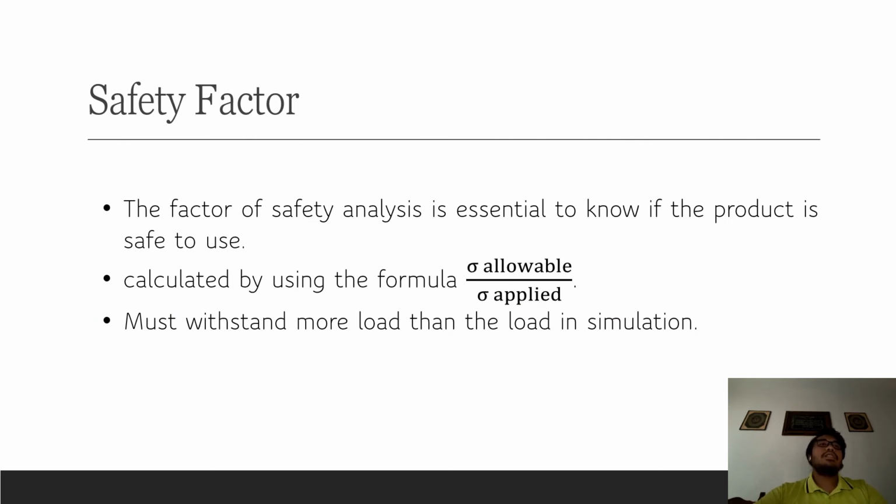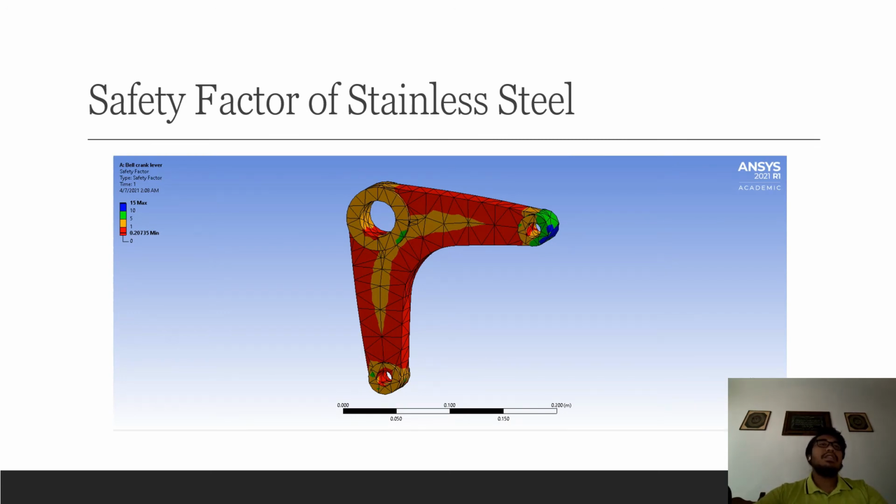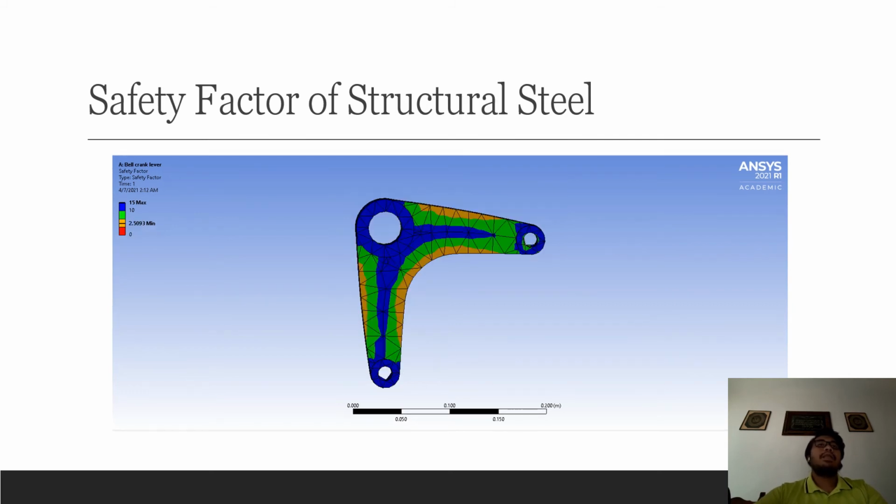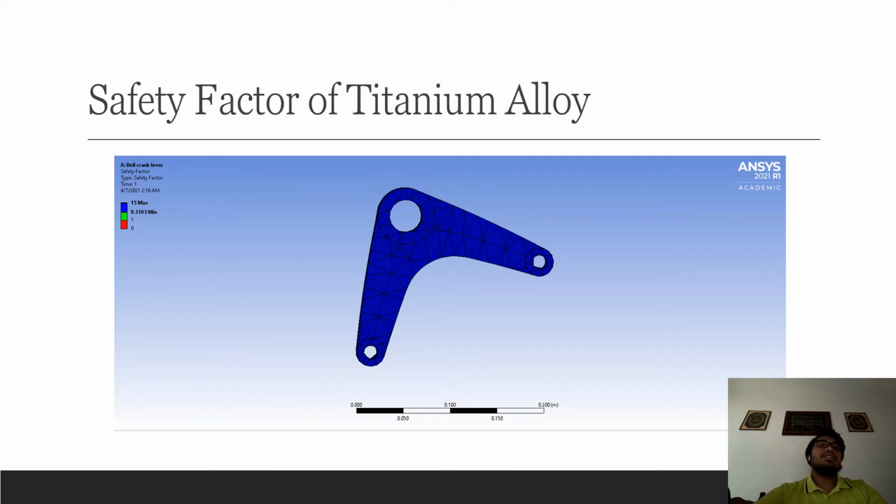Next, we will discuss the safety factor. The safety factor is essential to know if the product is safe to use or not, calculated using the formula of allowable over applied force. For the safety factor, it must withstand more load than the load in the simulation. This is the safety factor of stainless steel from the software. This is for the structural steel,